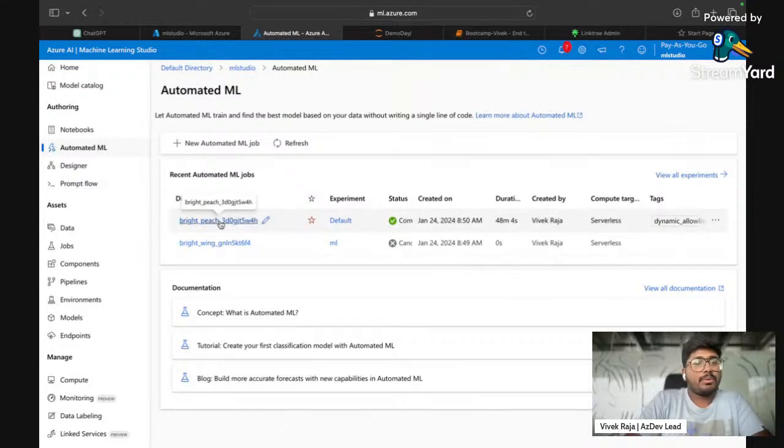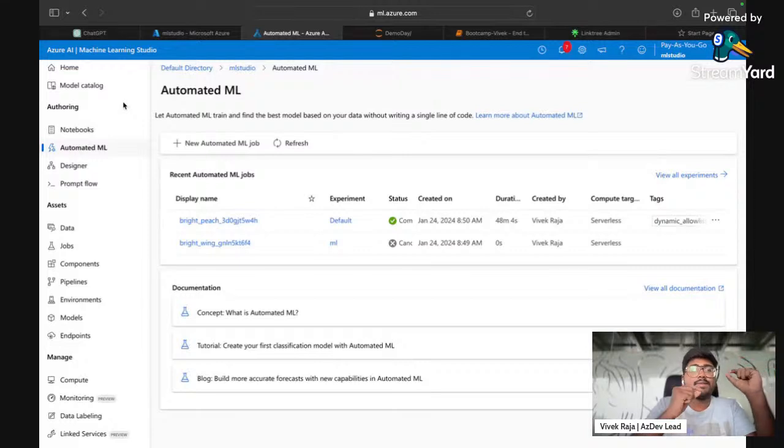Until we turn on the compute instance, which might take 3-4 minutes, I'm going to introduce you to something called automated machine learning. We now saw a designer where you define your data set, how to pre-process it, and how to connect your training model. There are multiple models, and you can bring your own model as well. But is it possible to automate all this without coding? Any answers on whether you can automate your whole machine learning workflow?